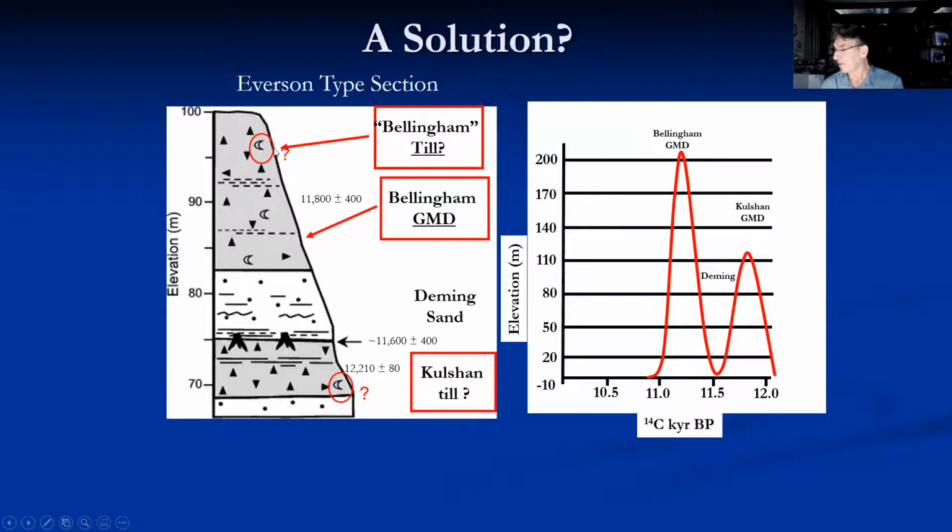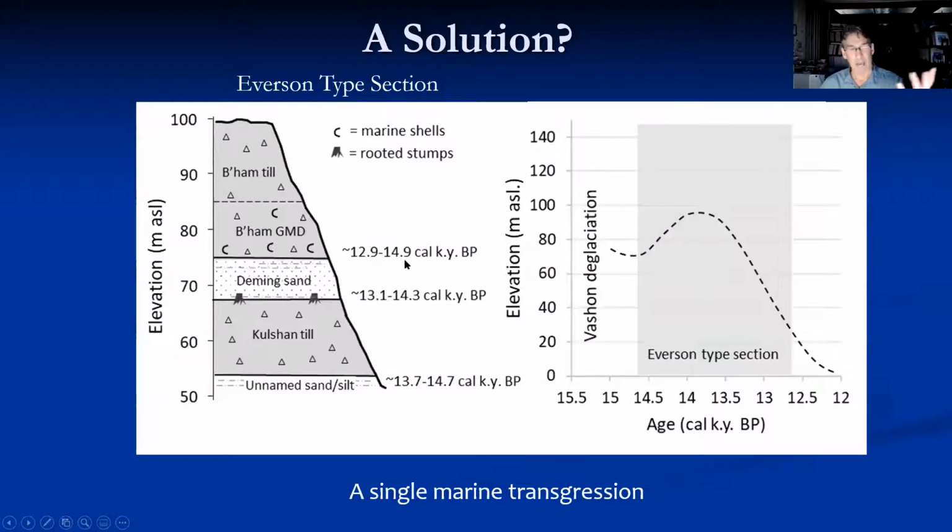Okay, so that's sort of the general sequence here. And if I present that in my own graph, what we've got here is a Colchian till, not a GMD, Deming sand, Bellingham, a GMD, but then followed by a till. What that allows us to do in an age, and this time I've reversed the age, so pardon me for that, but it's going from older to younger this way, is that the area is deglaciated, sea level starts coming down, but goes back up for just a short period of time and then comes back down again.